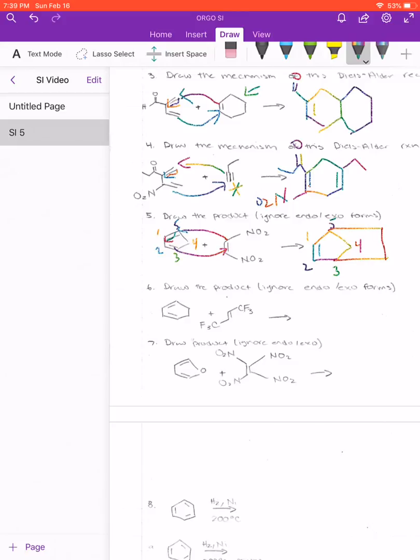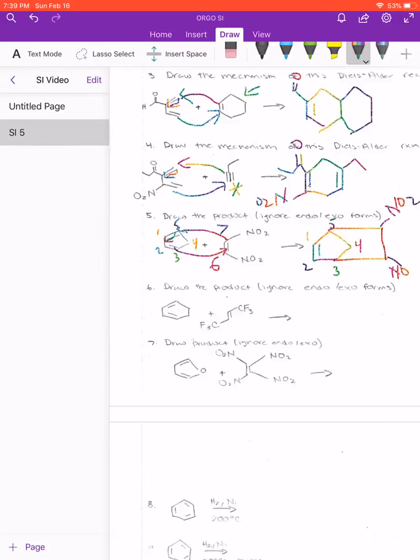So let's say this is carbon number 6 right there, carbon number 7 right there. So this is carbon number 6 right here, carbon number 7 like that. So take a minute to look at that. At carbon number 6 right here, we have one NO2 group. At carbon number 7 right here, we have another NO2 group, right? So I'm going to erase those right there. And now we know that we have 2 NO2 groups coming off from here,